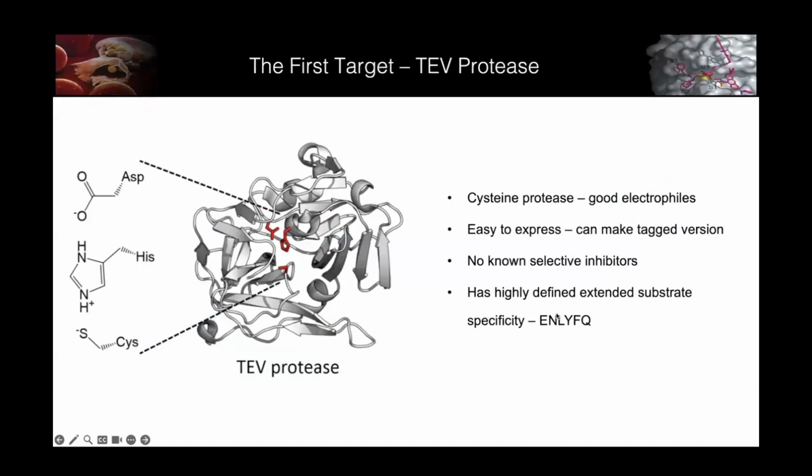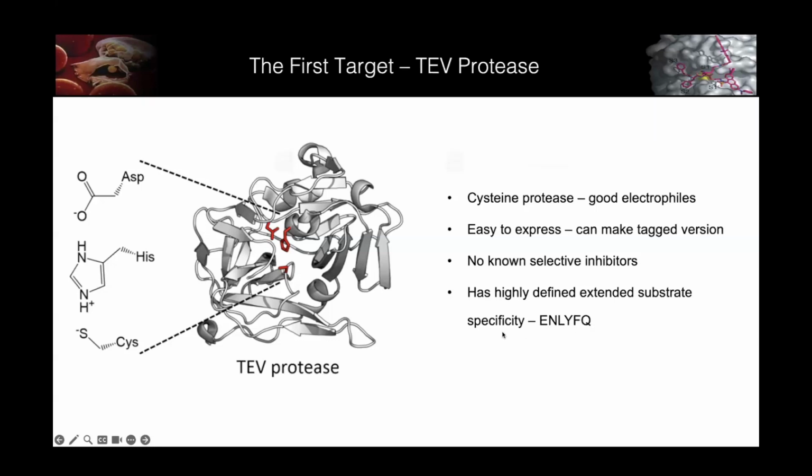I'm going to go through this a little quickly because this is published data, and you can go look at the paper that came out a couple of years ago. But we chose TAV because it's a cysteine protease and it has a very defined primary sequence specificity. So we wanted to see if we could make cyclic peptides that would bind with that same kind of specificity